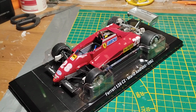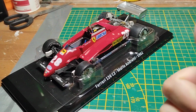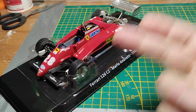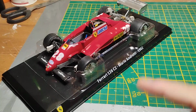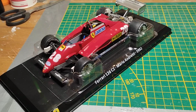And the few surviving cars, remember the history of this car. One completely totaled by Gilles Villeneuve's crash, another one completely totaled after Didier Pironi's crash, then this other one, the one used by Tambay. They became the evolution of the C2B racing in the following 1983 and 1984 seasons,